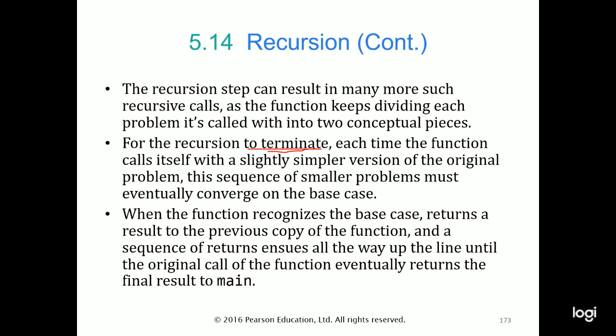And if we keep calling the same function again and again, and we do not get to a point where eventually we have what is called a base case, so our complex part also becomes so simple that the function is able to evaluate it. If our function does not really converge to this part, then what will happen is the size of our call stack will become so large that we will run out of memory. So that's the tricky part.